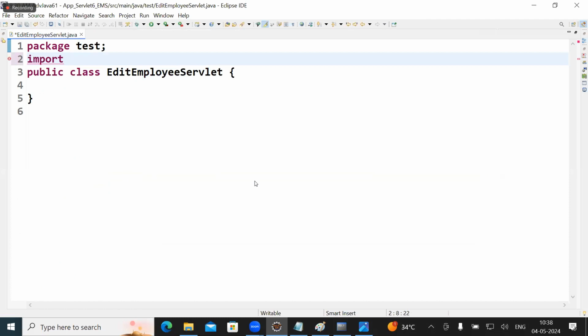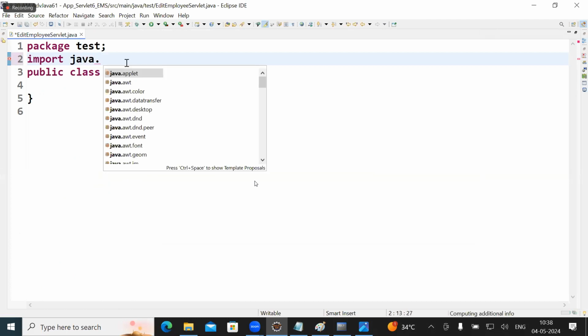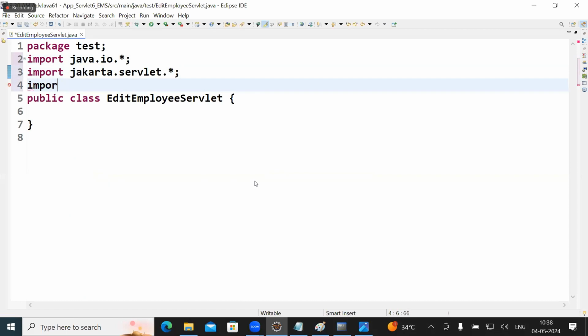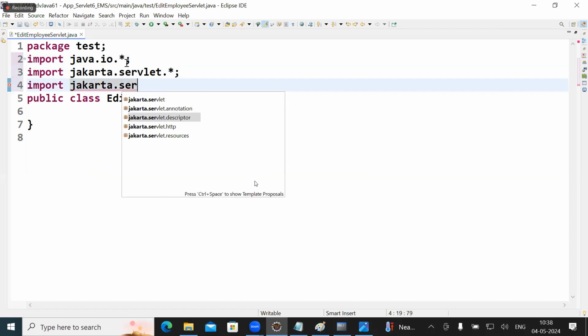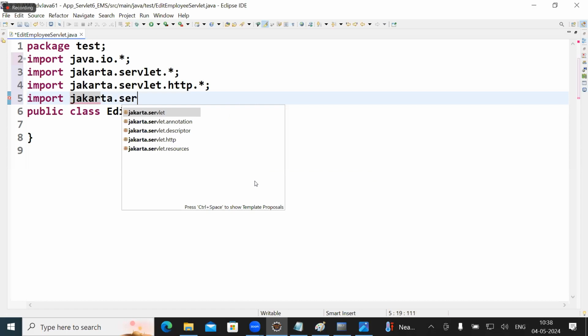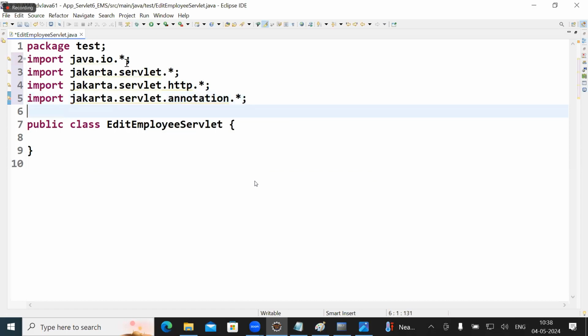Import java.io, import jakarta.servlet, import jakarta.servlet.http, import jakarta.servlet.annotation. At the rate of WebServlet, double quotes, slash